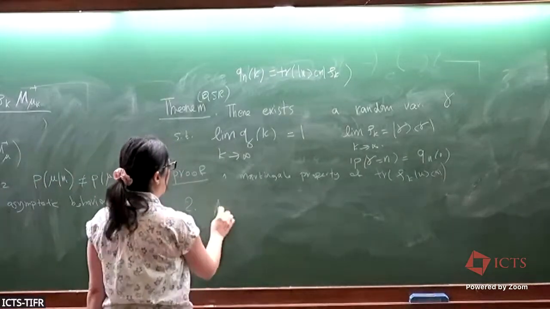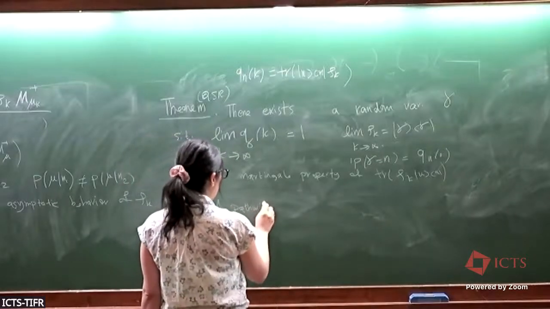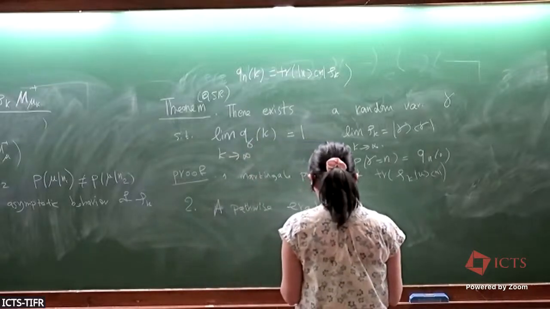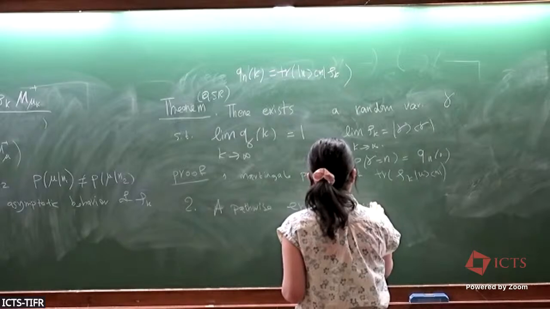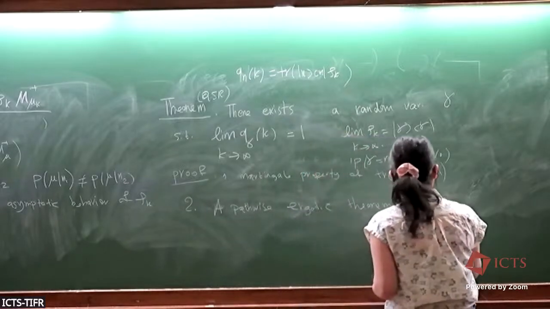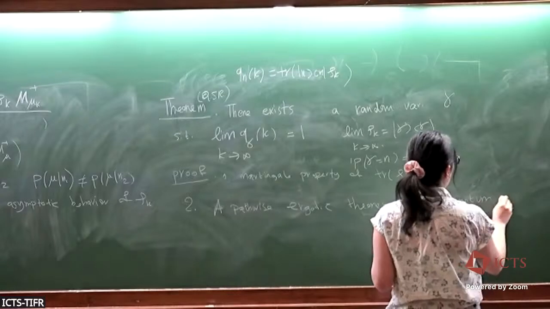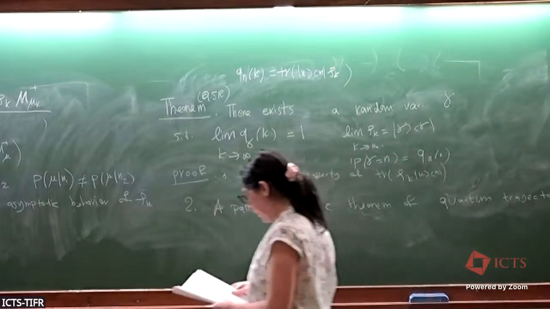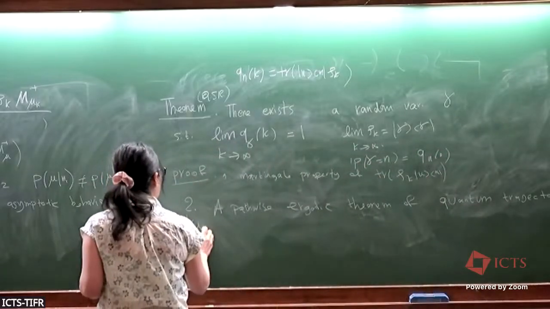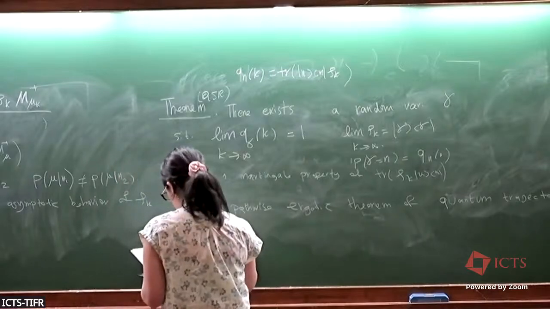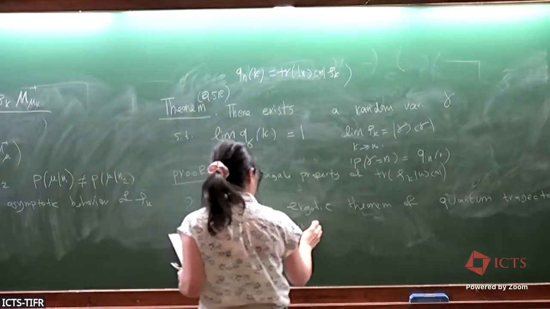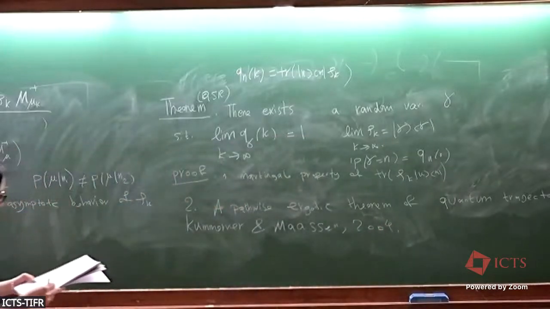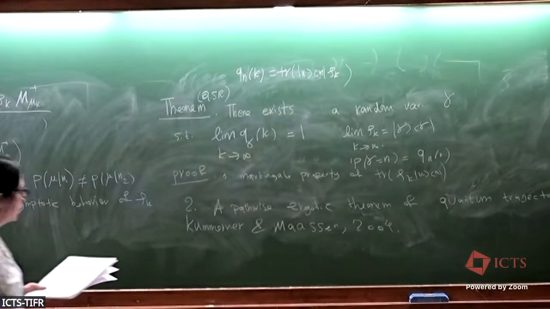So it's a pathwise ergodic theorem of quantum trajectories. So this is by Kümmerer and Maassen. So 2004. In fact, they show that if you look at the Cesàro mean of your trajectory, so which is